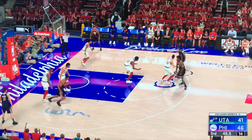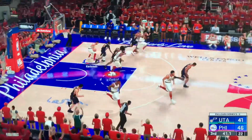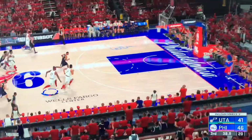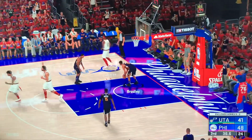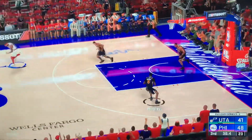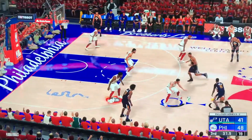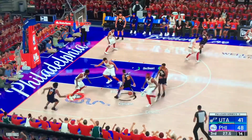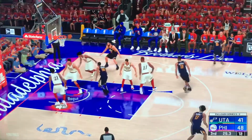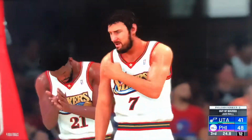Now Mudiay. And the rejection by Embiid. And if they're thinking they can get a 2-for-1 here, you just have to manage the clock correctly. Sometimes it's easier said than done if you also want to get a good look. Now, how about breaking out the Statue of Liberty on that dunk? Nice way to pad that lead a little more. You're right. Here's Clarkson. And it's sent back by Bogut. And with that condor-like wingspan, Bogut says,